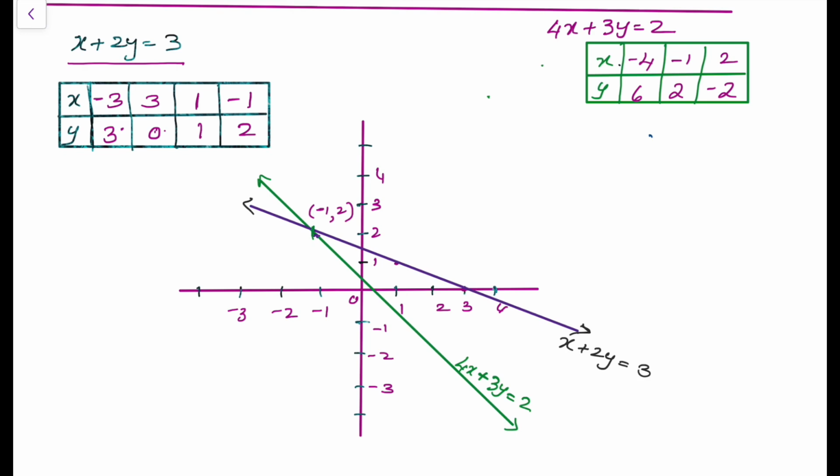If you get fractions, it will be slightly difficult to plot. So, better select the integer x values in such a way that you get an integer for y. So, now you got the points minus 3, 3,